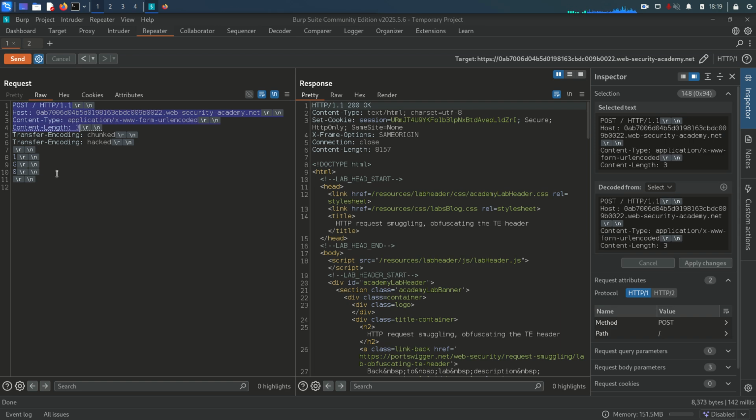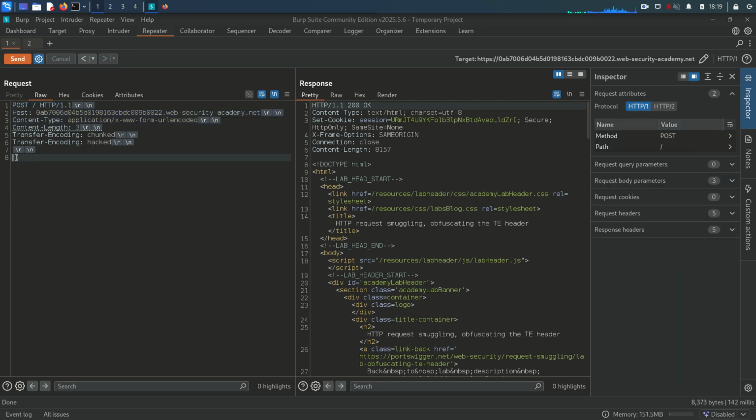Fine. Now to trick that, what I need to do here is I'm gonna take this, Control C, up to post, and instead of that, I'm gonna paste it here. Okay, we don't need the transfer encoding because the backend server is now interpreting content length, but here we need to say, let's say, fake is equal to data. We need to put some data here, okay. And also because we need to make a request with the GPOST, so I will put here GPOST. And the second thing is I would say 0, so the message ends here, and put 2 line feeds